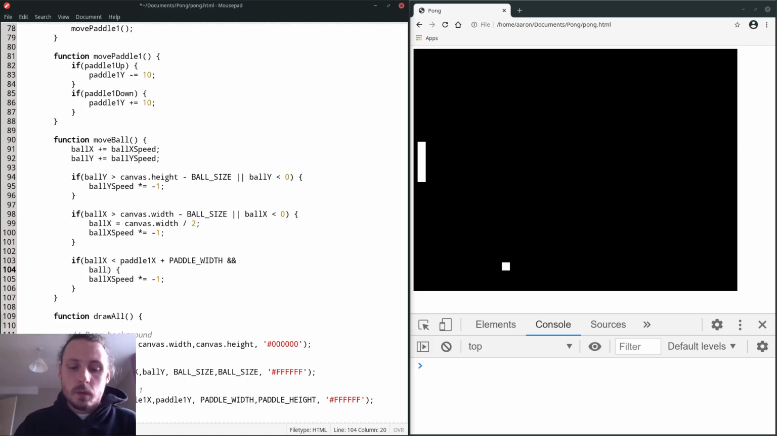If ball Y is greater than, no, that's less than. If ball Y is greater than paddle 1x, and so that's the top of the paddle, and if ball Y is less than paddle 1x plus paddle height,